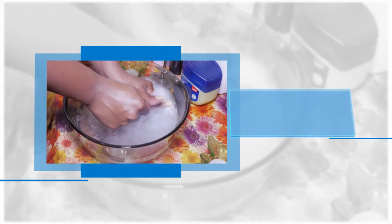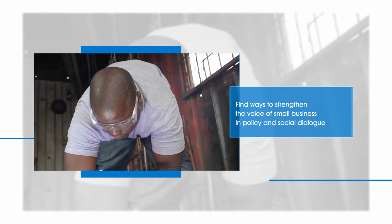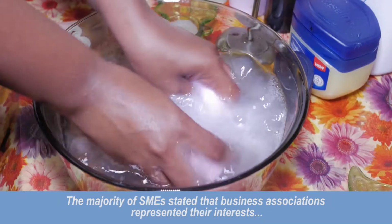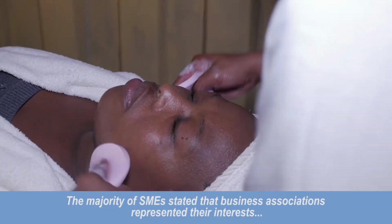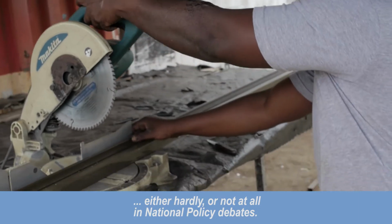Find ways to strengthen the voice of small business in policy and social dialogue. The concerns and needs of small and informal businesses need to be strengthened in the national policy and social dialogue debates. The majority of SMEs stated that business associations represented their interests either hardly or not at all in national